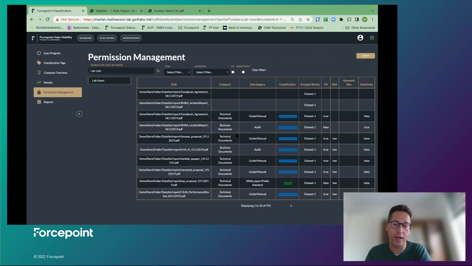Exactly. Quickly. Okay. Yeah, you would want to work this out with your Active Directory team or your file share permission team. Okay. And by clicking this export button, the system will generate a CSV file with all those file names listed, the path listed, and the group that has access to it. So it's relatively easy to remediate.